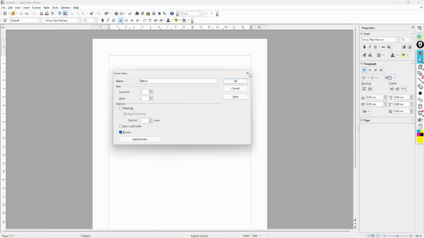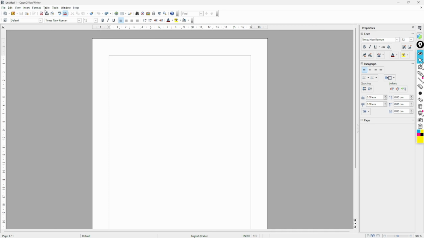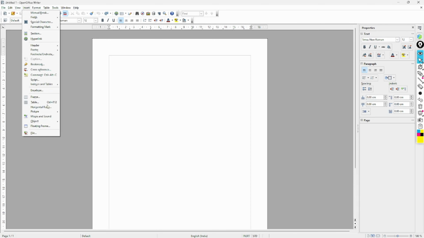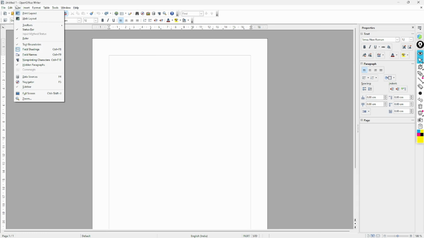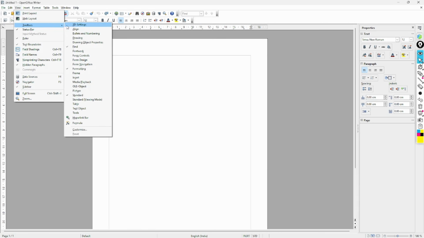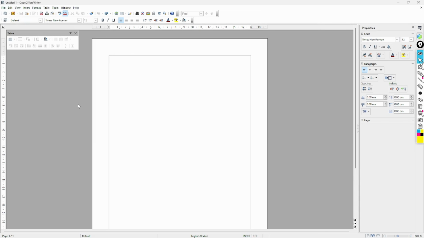Now I think I will show the fifth also. This is the first, table, insert, table. Second, this one, third is this one. Now I have shown you the fourth, from insert, table. Now the fifth. Here you see view, correct? Then toolbar, correct? View, toolbar, and here you see the option table. See, table, this is called the shortcut of table. How? I will just repeat.